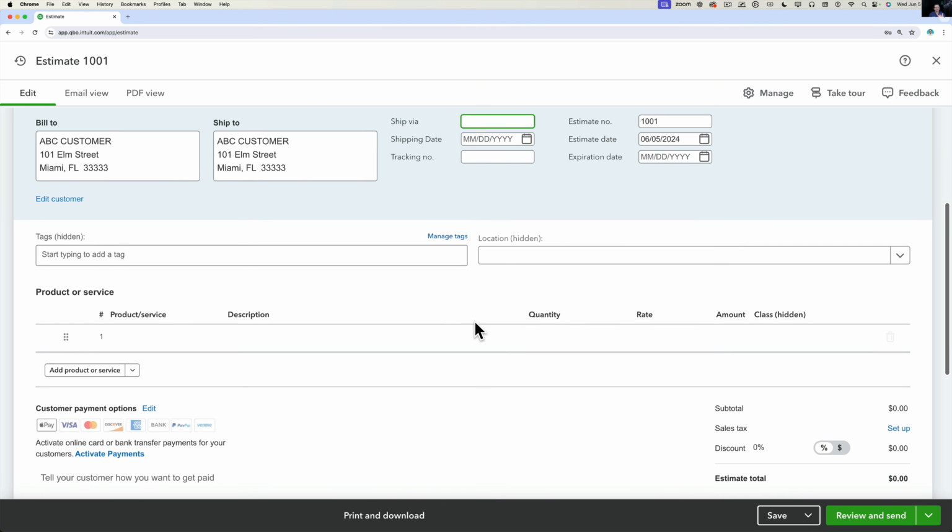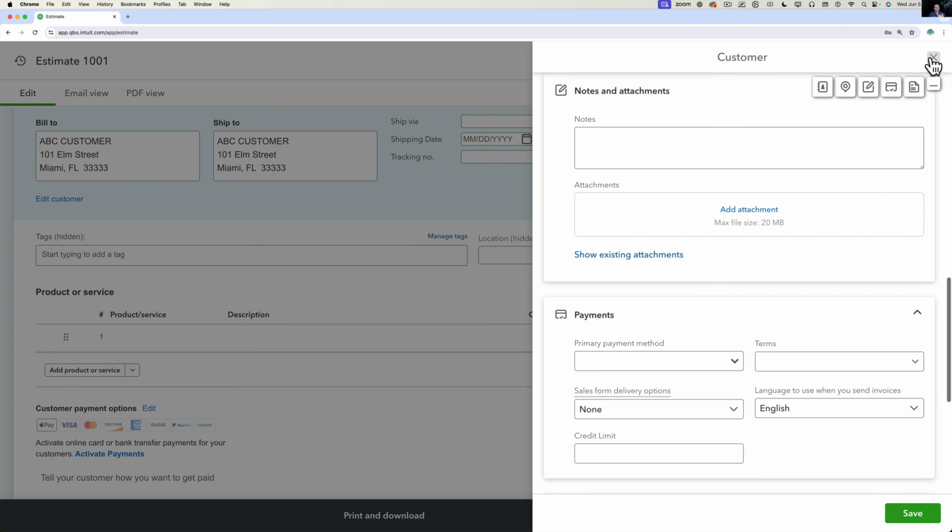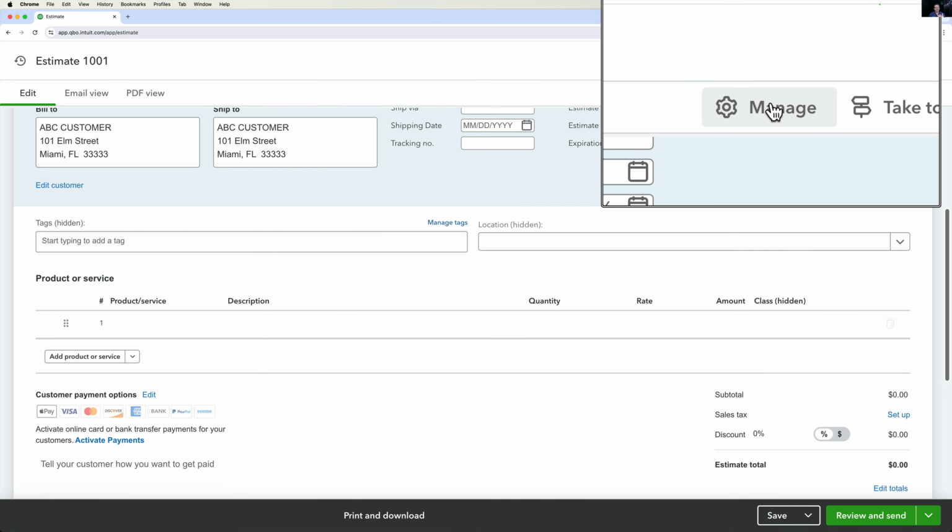Now to scroll a little bit down, and let's say you want to change something from the customer profile, you can click on Edit Customer, just so you can click on Edit Company. The right-hand side drawer opens up and then you have access to all of your customers' information. When you click here on the Manage button